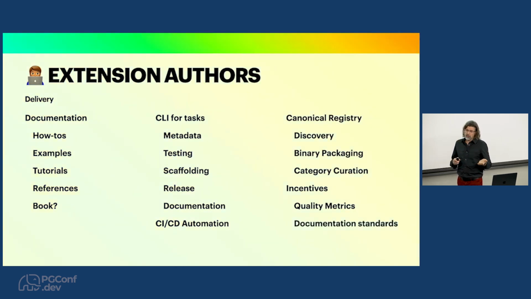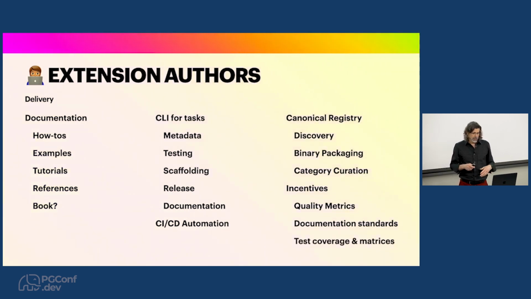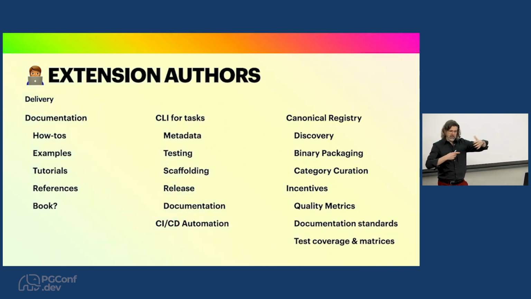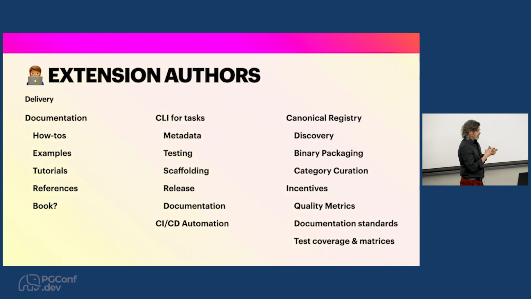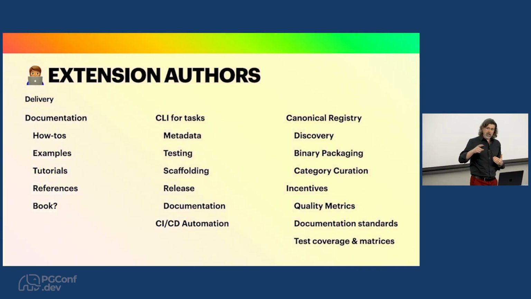Documentation standards. I'd really love to figure out how we could standardize documentation, as opposed to right now where, if there is documentation, it's kind of ad hoc and all over, and people use 20 different formats. And test coverage and matrices. Years ago, Tomas Vondra created a matrix for testing PGXN distributions on a bunch of versions of Postgres and published it as a matrix, and that can be really useful for people, especially if they're unable to do the CI/CD stuff themselves to do coverage, to see it published there, and then it becomes a signal for others.